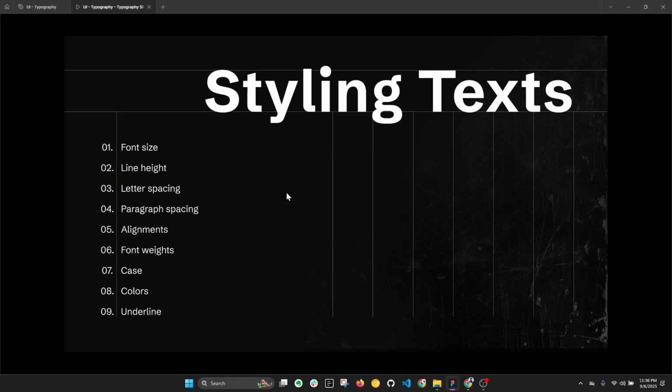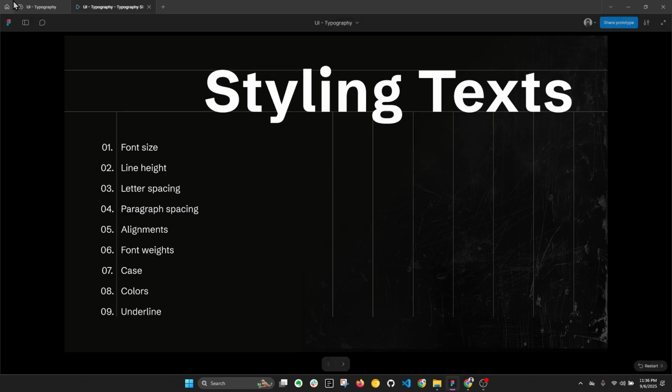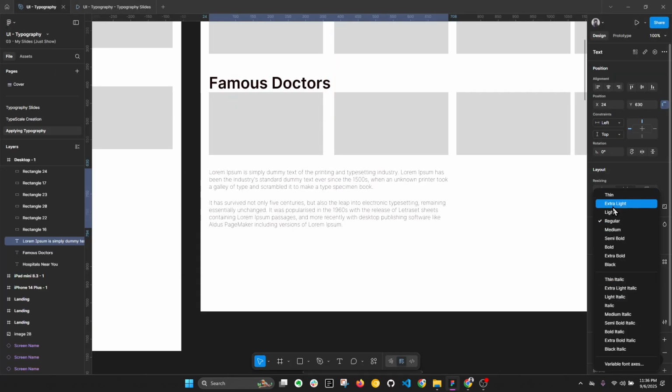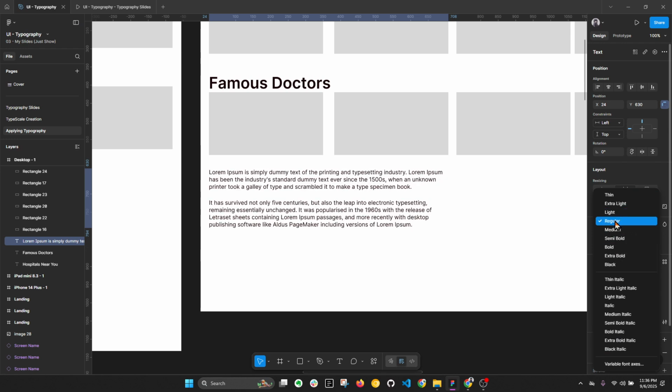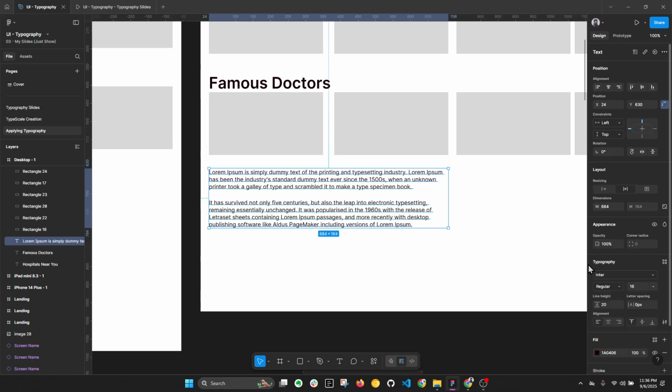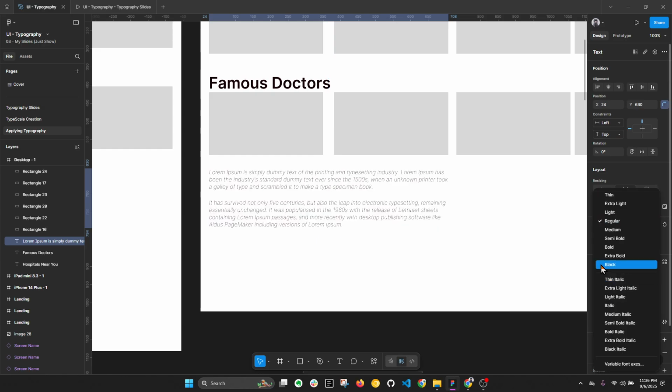Next we have font weights. So you should choose a font which has at least five of these variations. It should at least have regular plus four others. So these are the weights in which they come. Bold is what we are going to be using to show hierarchy. But as a designer, I found that most common fonts like Montserrat and even, here, if I apply